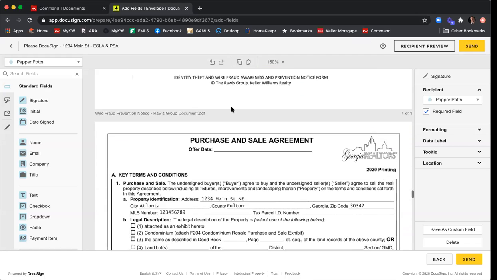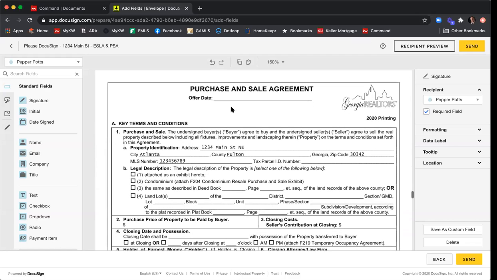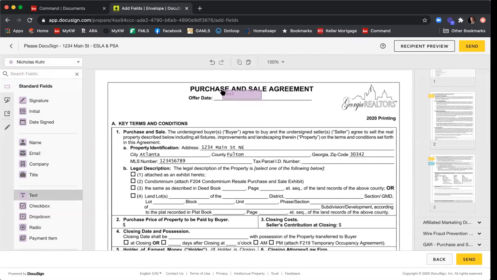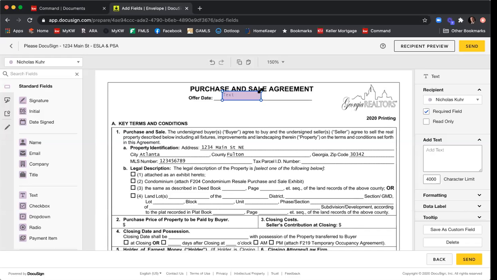I'm going to scroll down into my purchase and sale agreement. Now remember, we got that error message, so none of these fields actually saved, which is fine. We'll just pretend that they're there for today. But let's say you're like, oh no, I forgot to put in an offer date. I can select myself from the drop-down menu, and I can come here, add a text box to whichever field you're missing. I'm just going to format to fit, and I can type in